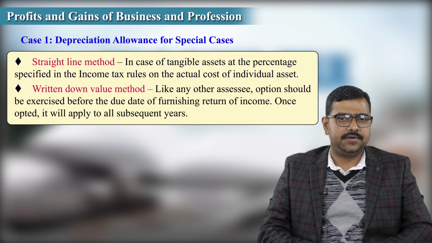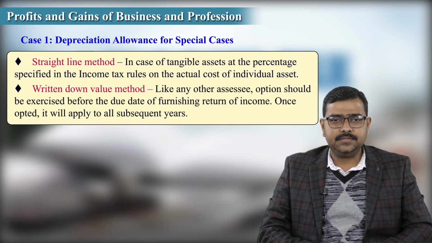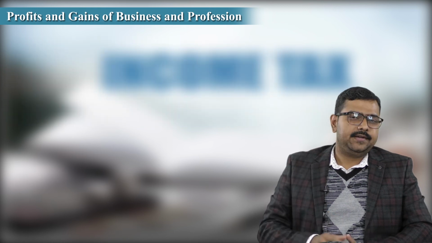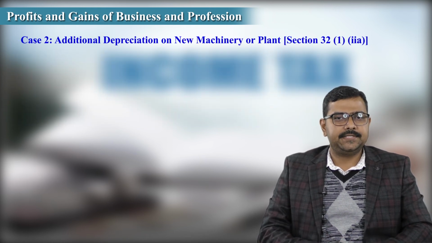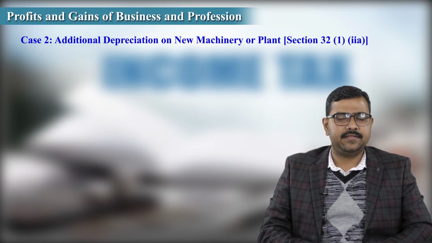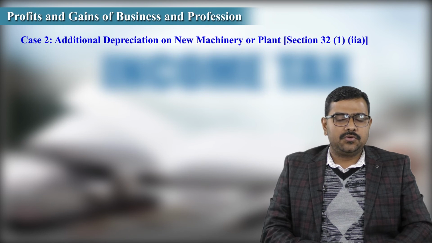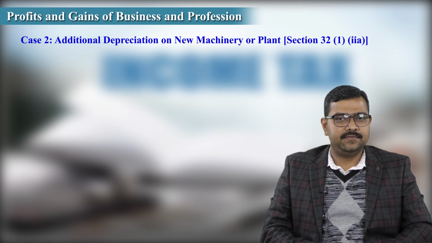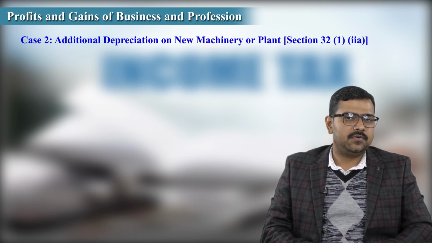So in case of generation and distribution of power, the undertaking has a choice either to go with straight line method or written down value method. Next is special case number 2, additional depreciation on new machinery or plant, which is defined under section 32 subsection 1 clause 2A. If an undertaking has purchased new plant or machinery, then some additional depreciation shall be available. The conditions for claiming additional depreciation in addition to the normal rate of depreciation are